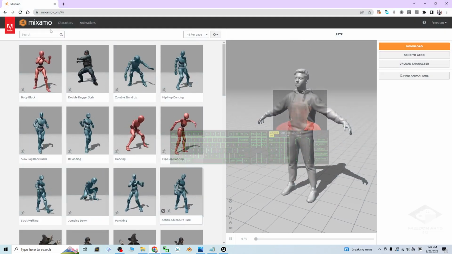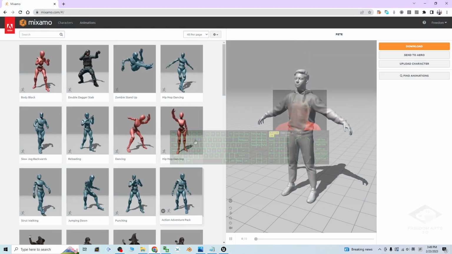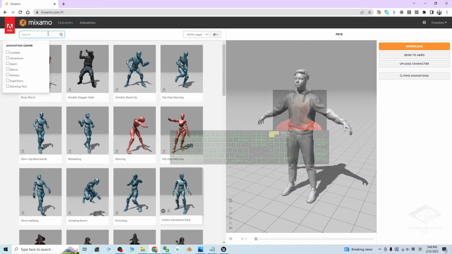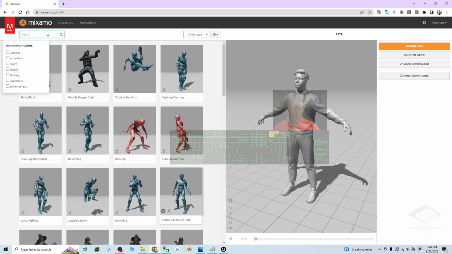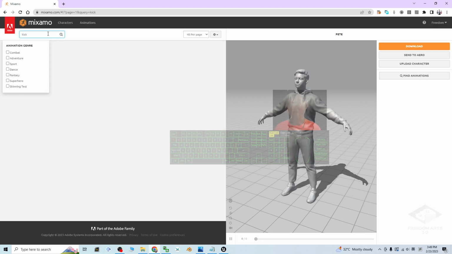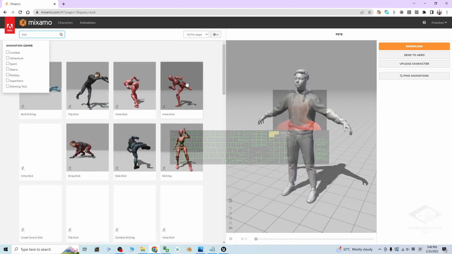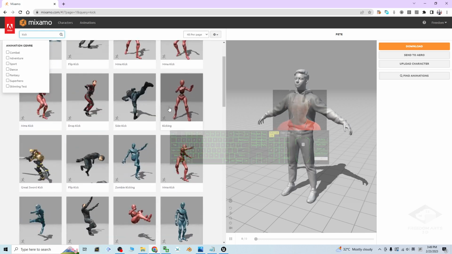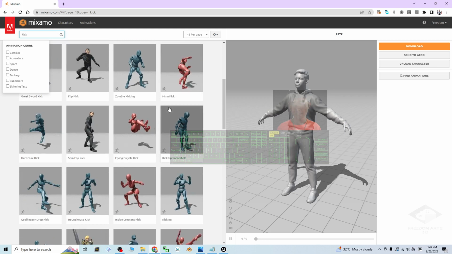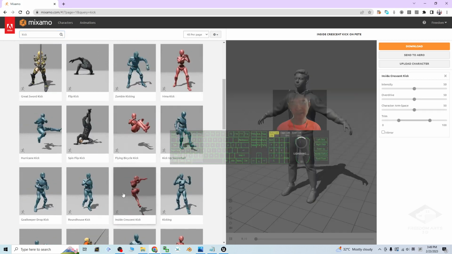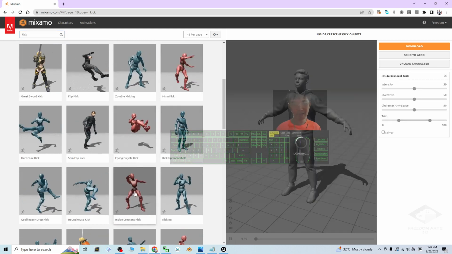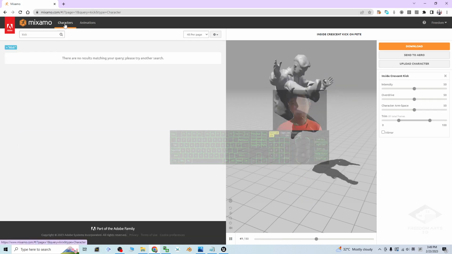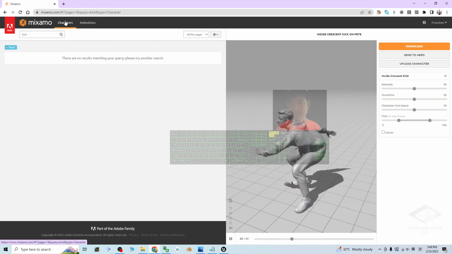First, I will go to mixamo.com. Here I can search for any animation that I want. For example, I search kick. Let's say I want to have this motion, I click on that. Next, go to the character, and you have to make sure that